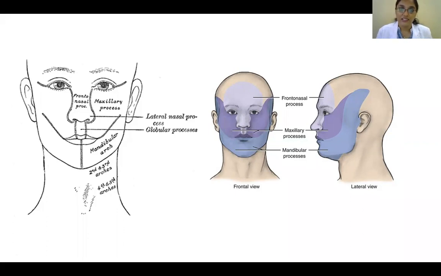And you can see that this face is developed from 3 different processes. So each process is innervated by a nerve. So this frontonasal part by the ophthalmic division, this maxillary part by the maxillary division, and this mandibular ectoderm part is by the mandibular division. And from the second arch, whatever muscles have formed, the muscles of facial expression, they migrate underneath the ectoderm and occupy the respective positions.